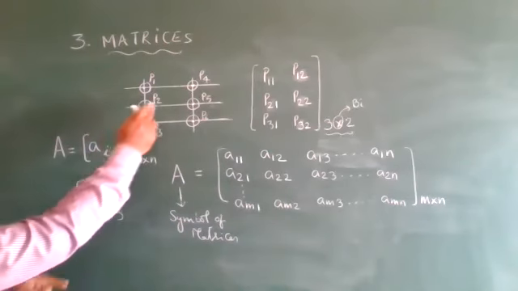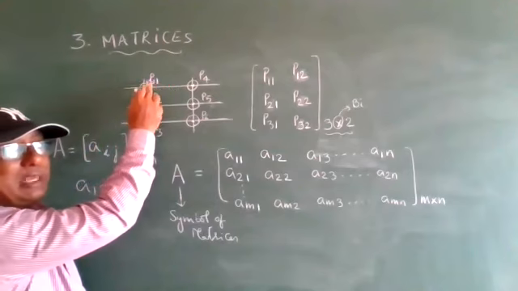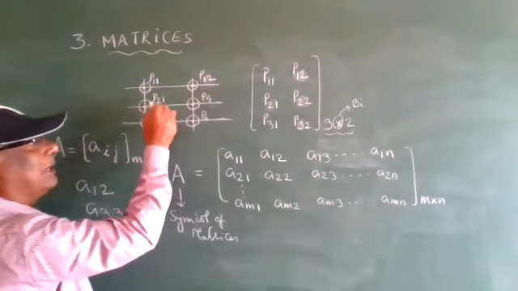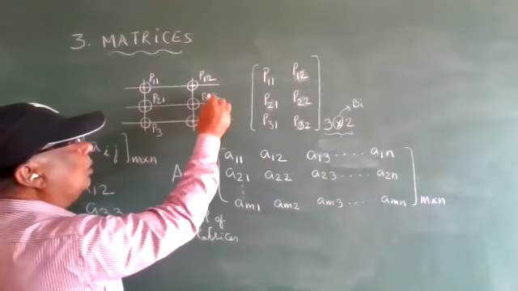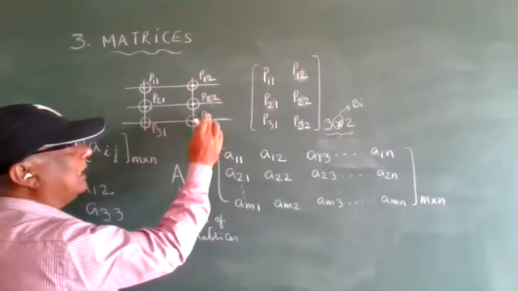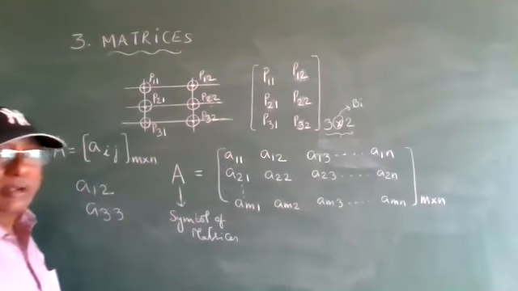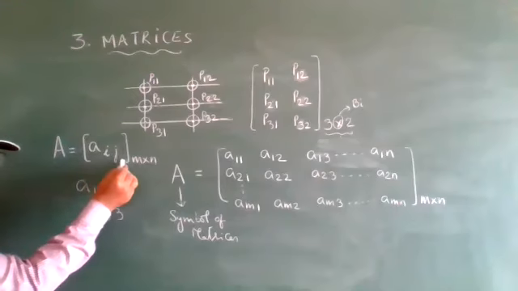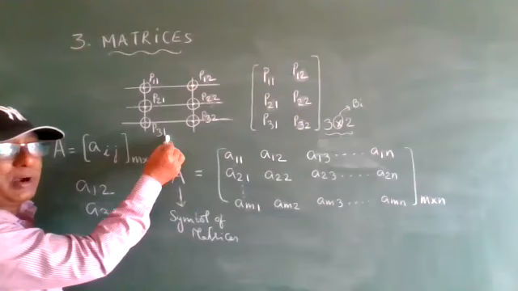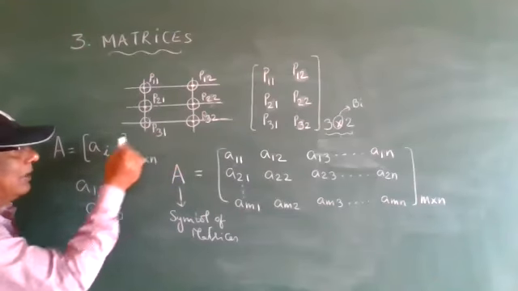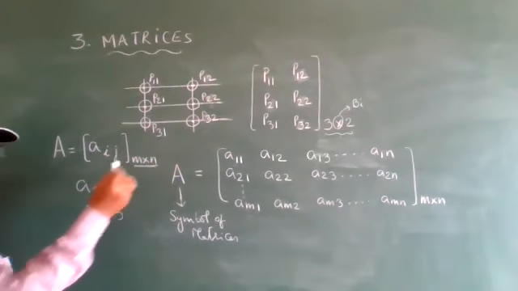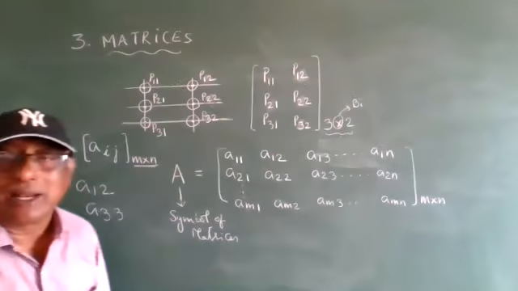This is the position. Already written, position: P11 means first line, first point. First line, second point. P21, second line, first point. P22, second line, second point. P31, third line, first point. P32, third line, second point. Position ij is indicating the position of the point. P31 means third line, first point. Okay? Therefore, ij represents the position of the point. Its order is m, m horizontal lines.